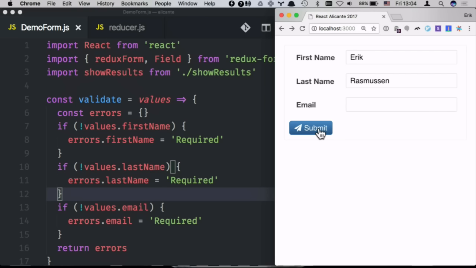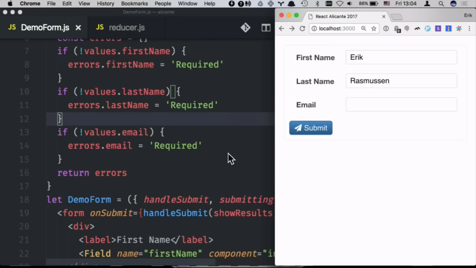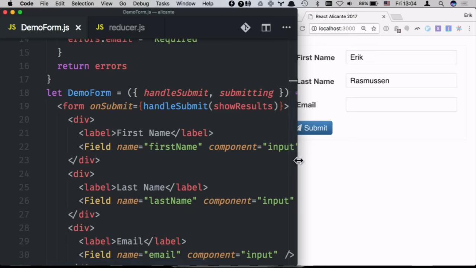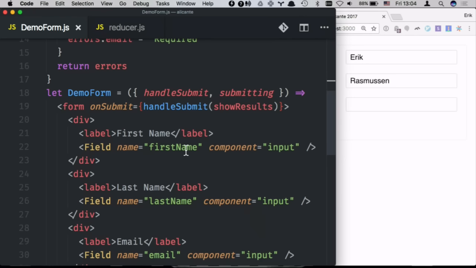But my poor user is very frustrated clicking on the submit button because we haven't told them that there are any errors in the form. So we have to figure out how to display those errors. Now, as you might recall, all of the metadata information about our field is being injected into the component that we're giving it. And really, in the real world, you're never going to use just the string input here, because you're always going to want to do something more with that meta information. So we're going to need to write